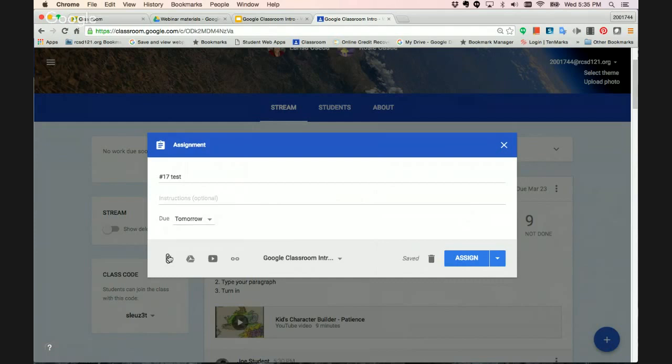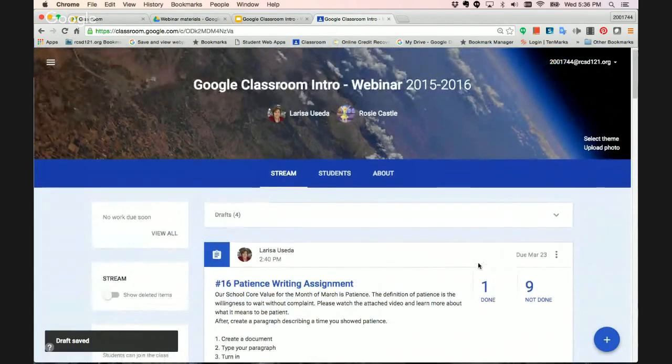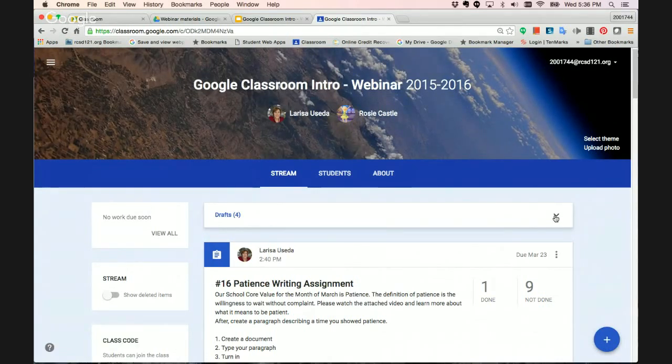If you want them to create a document, or if you have a document in your drive, a Google Doc, they can type in it, okay? And the last feature here on this Assign, you can save as a draft. That's a great feature, especially for co-teachers or an ICOT classroom. Both teachers have equal rights, and as many teachers as you want, you can put in the class, and you can create and be ready ahead of time,